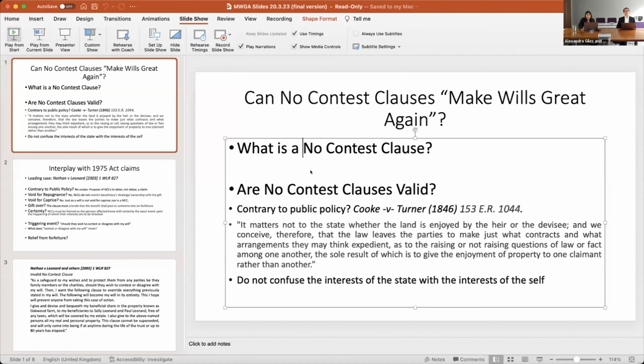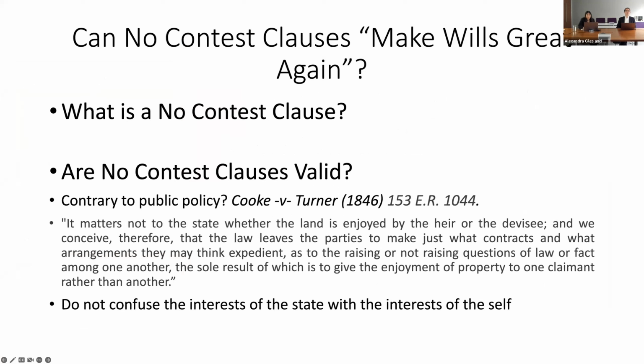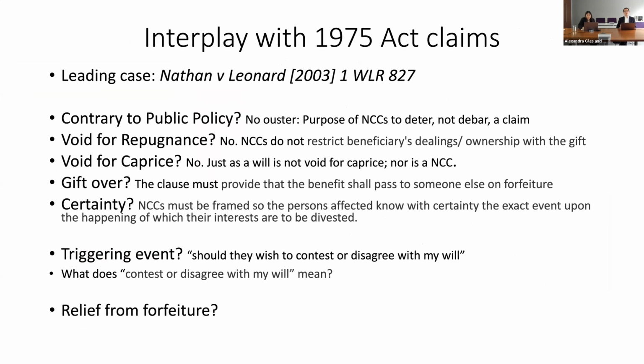In this case, the testatrix owned 50% of a property in which she lived with her two friends, Sally and Paul Leonard. She made a codicil to her will in which she left a right to occupy the property to Sally and Paul Leonard, and the residuary estate, once they left the property, was passing 2/3 to Sally and Paul Leonard, and the remaining third was to be held on discretionary trust for her son Andrew, his children, and two charities, one of which was Mind.